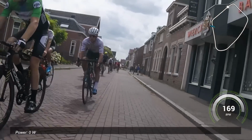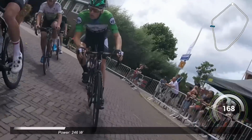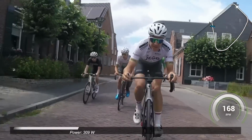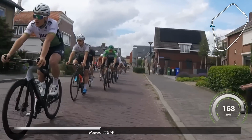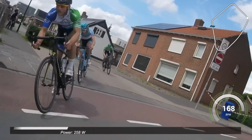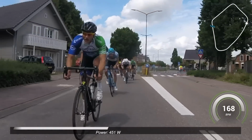Ben Spenceley again following. Ben just not really confident enough to get on the wheel of Ben. And then again, moved up 3 more spots on the outside of the bunch. Coming down again for this last corner before the downhill run. Let's see if he moves up. Is he going to move up? Again, moved up again. 1, 2, 3 riders he overtakes. Coming out of the corner, accelerating up to speed, and then slots in